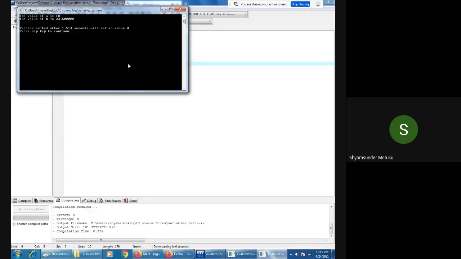So enter 1 key, you can see with a return value how much? Return value is 0. Yes or no? Yes, sir. So even though you do not write it in Dev C++, by default it is returning a value 0. Value 0 indicates successful execution of the program. That is the meaning of it.